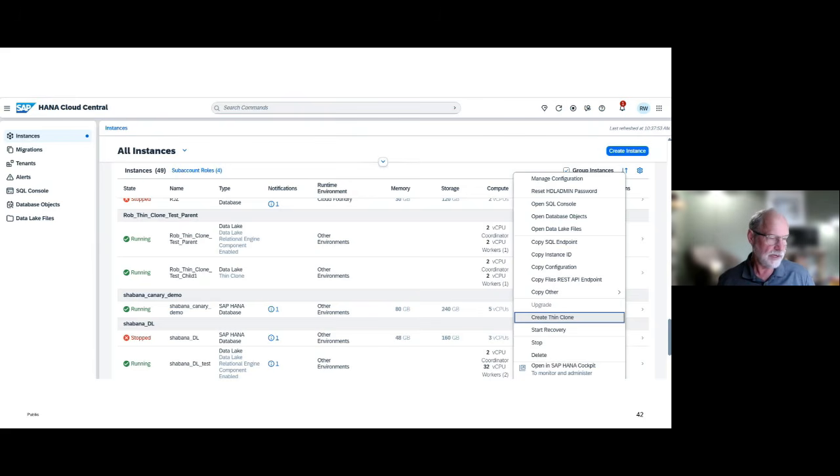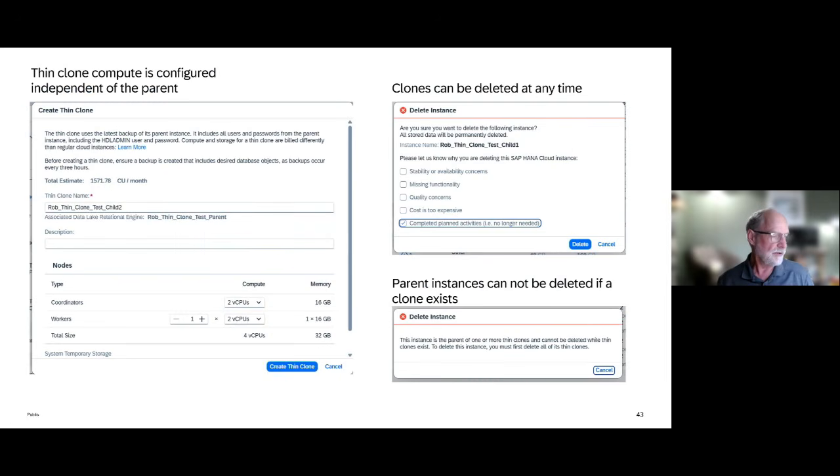And just a quick look at the UI here. This is through HANA Cloud Central. You choose your parent instance. So in this case, I was on my aptly named thin clone test parent. I go to the actions menu here. I say create thin clone. The thin clone dialog then asks me for a name for it, and I get to provision the compute for this thin clone. So the compute for the thin clone is completely independent of the compute for the parent instance,